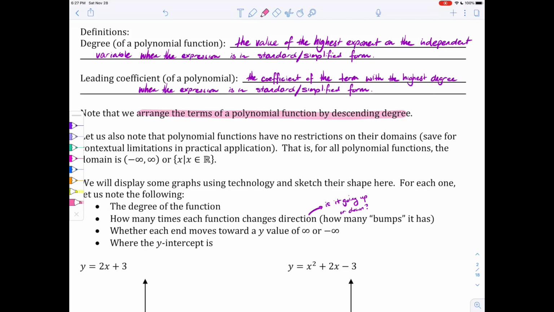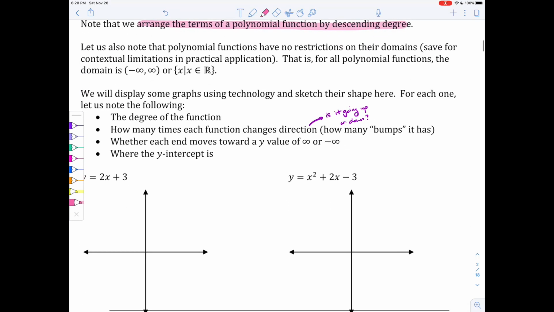Worth noting is that polynomial functions don't have any restrictions on the domains. So x could be any real number. We've seen this with quadratics, we've seen this with linear functions, and other polynomials are just the same. The only way you could have a restriction is if it was a contextual application and that context didn't allow